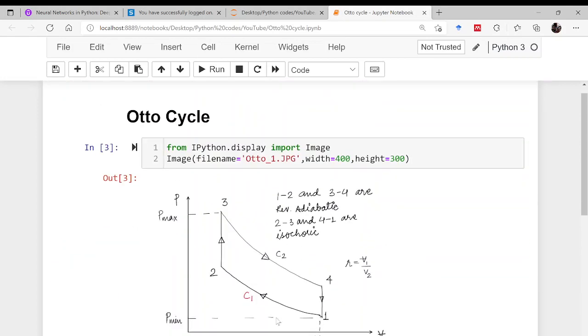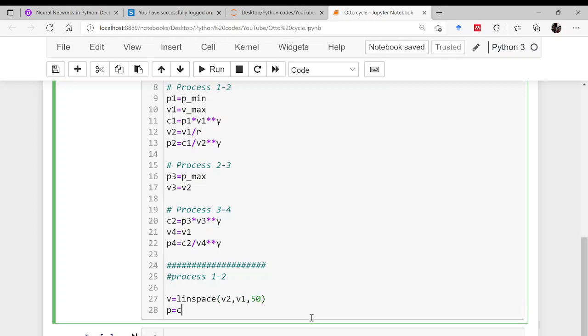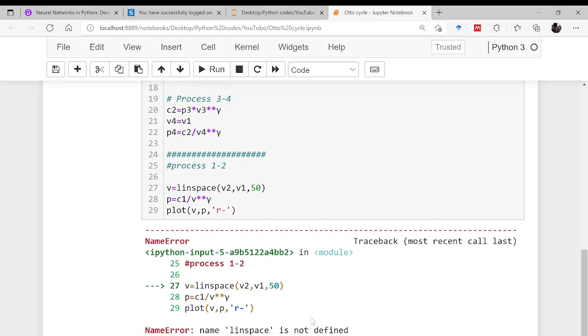What is the process 1 to 2? It is a reversible adiabatic process. So minimum volume here for the process is V2 and maximum is V1. So I'll be using the linspace function for volume. Linspace from V2 to V1, let us say 50 points are there, and then pressure will be what? It is C1 divided by V to the power gamma, because this is a reversible adiabatic, and simply plot V comma P. Let us say I am plotting this with red color, and linspace,